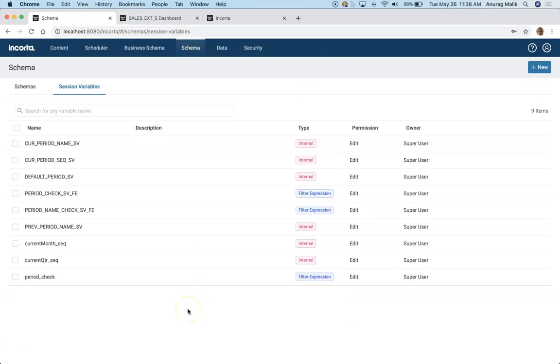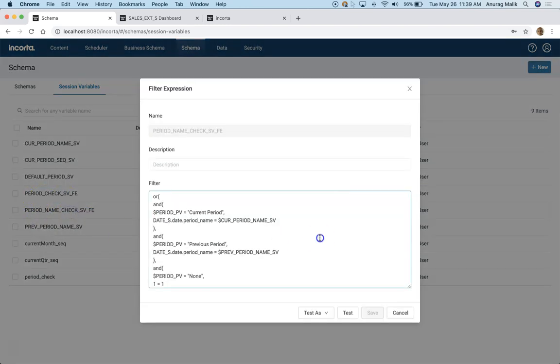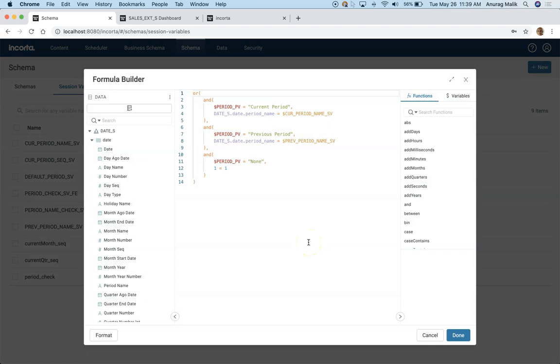Now you can define your filter criteria also using a filter expression. That's what I've done here, which is period name check SV. This is the filter expression, right? Now once you define this filter expression, it becomes reusable. I can go and reuse it in any dashboard. I don't have to add this filter criteria in every dashboard, because if it's going to change later on, you have to go to each and every dashboard and change it there, which is not a nice thing to do. You can just change it in one place and it gets applied everywhere